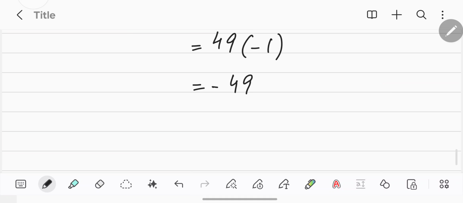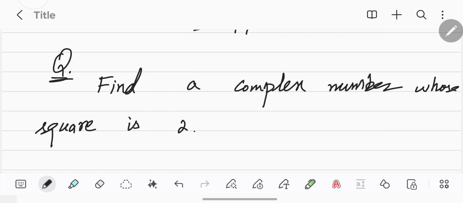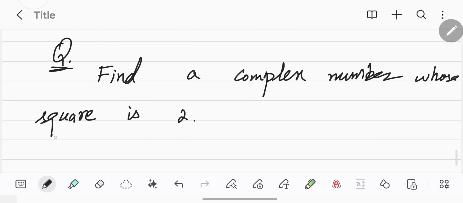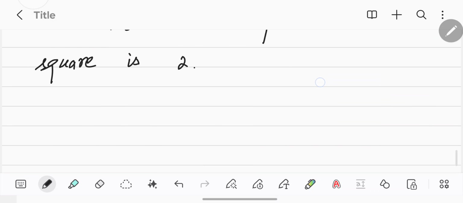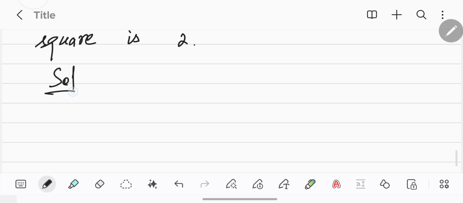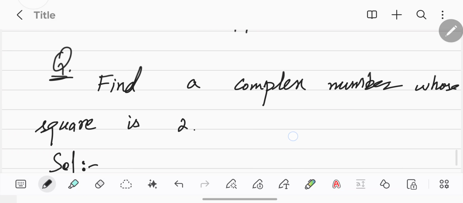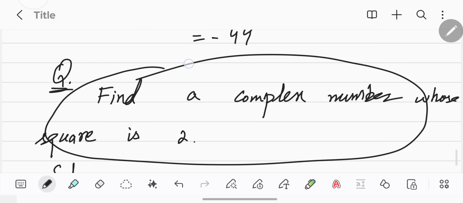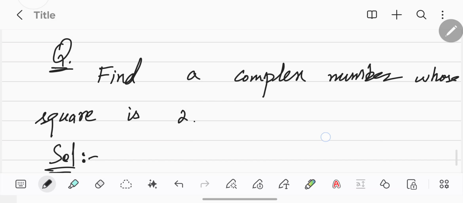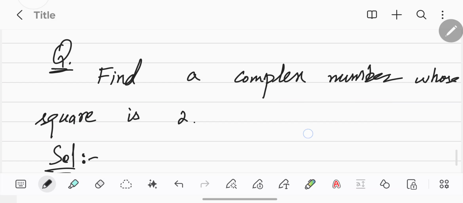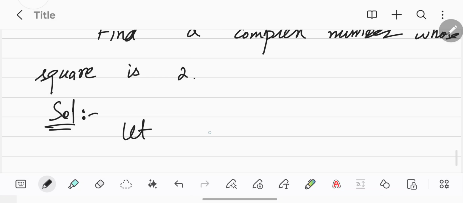If I give you a question in another way, the question says, find a complex number whose square is 2. Here is the solution. First of all, the first step is to transform our question into mathematical language. We have to find a complex number, so we have to find x belonging to the set of complex numbers such that